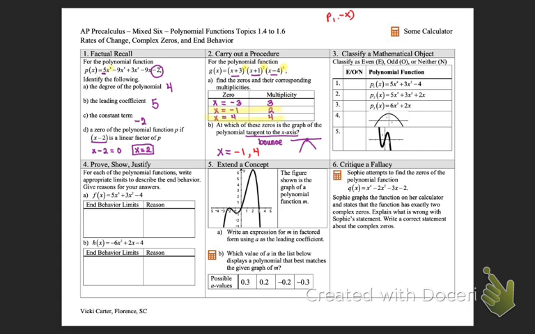So P1 of negative x is the first thing that I need to find. And so if this is a free response question, I want to see that you are plugging in negative x for all of the x's. So we have 5 times negative x to the 4th plus 3 times negative x